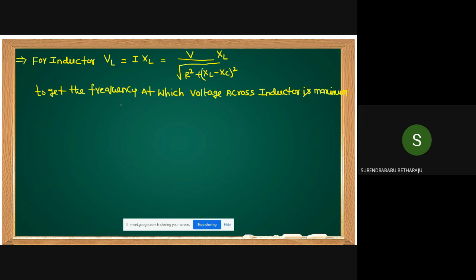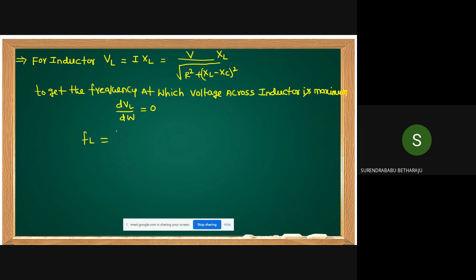Same concept: differentiate the voltage across the inductor with respect to omega and equate to 0. Then we can get the expression FL, the frequency at which voltage across the inductor is maximum, equal to 1 by 2 pi root LC